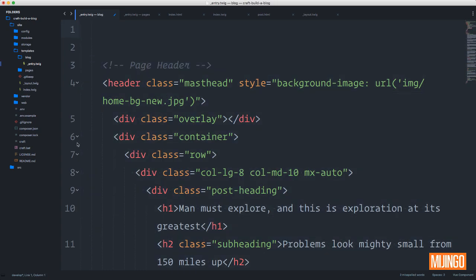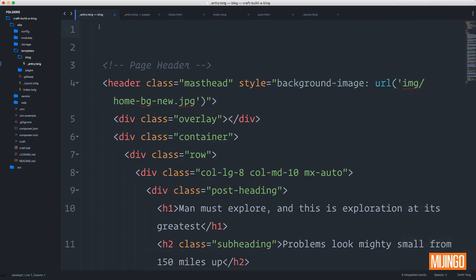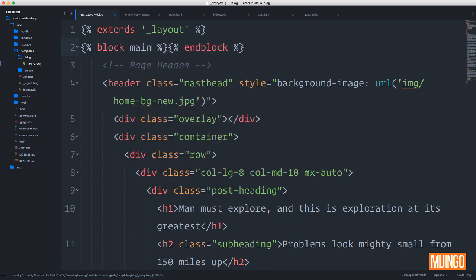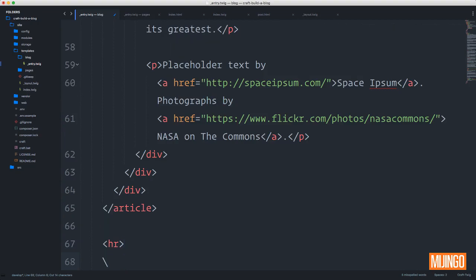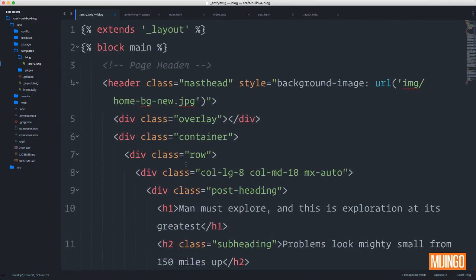So I want to, first, that's kind of frustrating that it keeps going to a view component for this when it's .twig. So I want to extend the underscore layout template and then define my block. Let's go down. Now remind me after this, once I'm done with this template, it's really a good time to commit my work. So now let's go ahead and